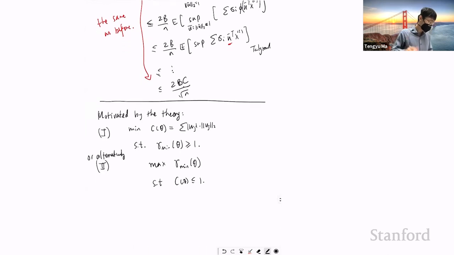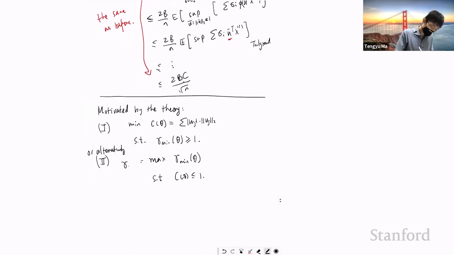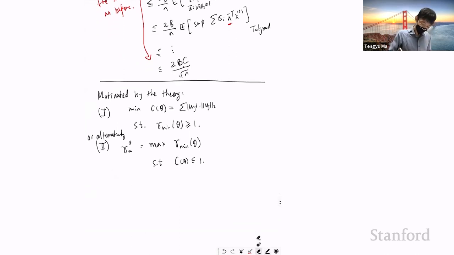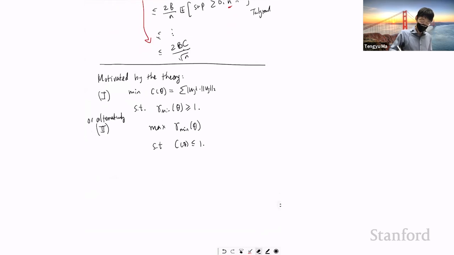So let's call this program 2, and we can probably define this to be gamma m star. I guess I probably don't have to define it now. So you can do this program 2, right? And the reason why you want this program is because your generalization error bound